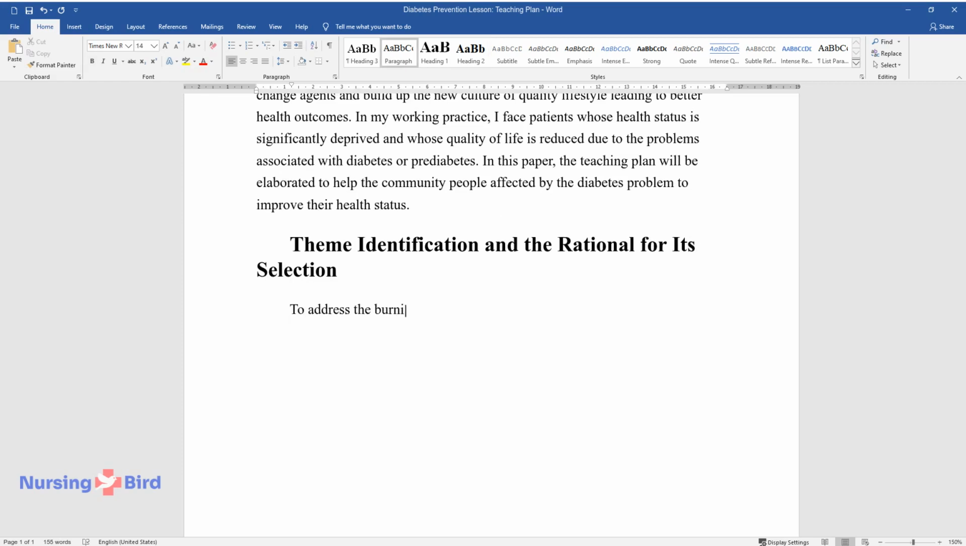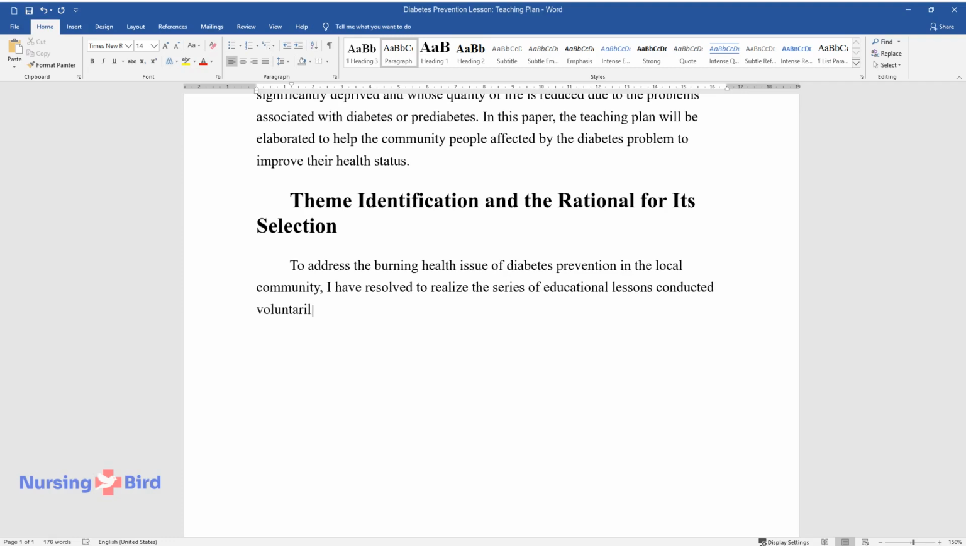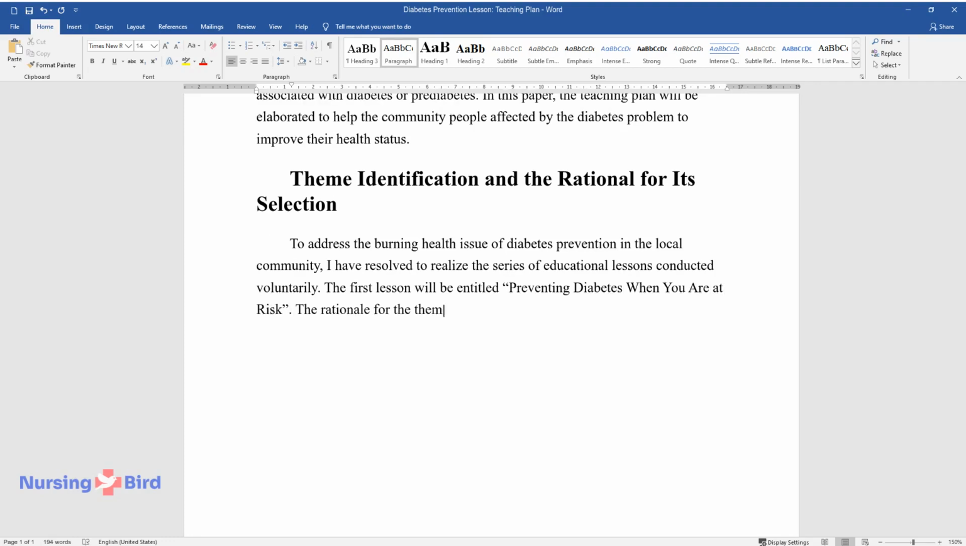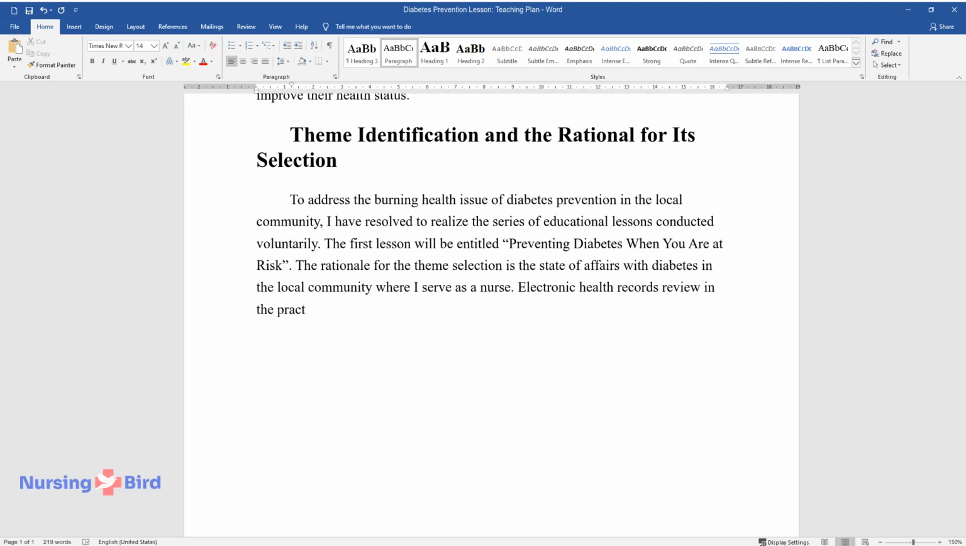To address the burning health issue of diabetes prevention in the local community, I have resolved to realize a series of educational lessons conducted voluntarily. The first lesson will be entitled Preventing Diabetes When You Are at Risk. The rationale for the theme selection is the state of affairs with diabetes in the local community where I serve as a nurse. Electronic health records review in the practice where I am employed demonstrates the high prevalence of patients